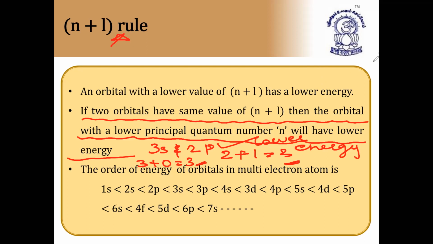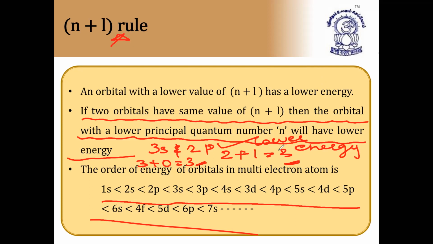So we can write the electronic configuration of all the elements up to 100. We can write up to 7s also. It is given. This order is very, very important, so I am underlining this order. Just see it clearly. You have to remember this order compulsorily: 1s, 2s, 2p, 3s, 3p, 4s, 3d, 4p, 5s, 4d, 5p, 6s, 4f, 5d, 6p, 7s.